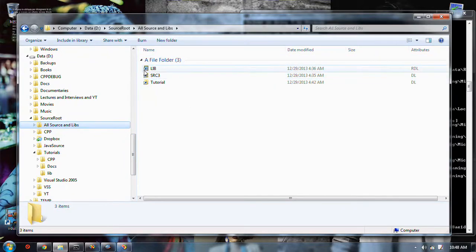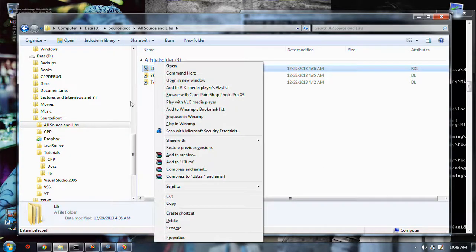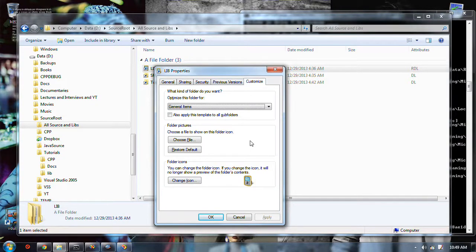How come their junctions don't have a little link on them? I want it to look either like a regular folder or not a link. How about this? Oh no, I don't do anything with that.